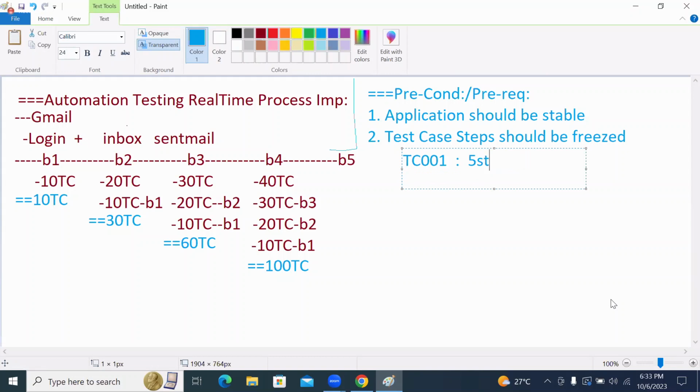You got test case 1. In the test case 1, how many steps you got? 5 steps. You started automation. 5 steps automated, perfectly working. Your automation script has been perfectly working, perfectly executing, no issues at all. Then you informed the test lead saying, test lead, test case 1 automation completed, done. But